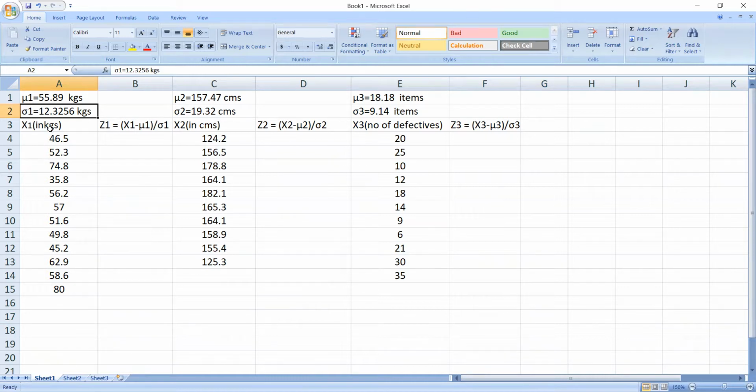Now, since the unit of measurement is carried by the measure, both mean and standard deviation will have the same unit, kgs. Next, I have recorded another variable, maybe height of a certain number of students. I have recorded the height values in centimeters. Now we priorly assume that these values follow normal distribution, and now see whether my assumption is true or false.